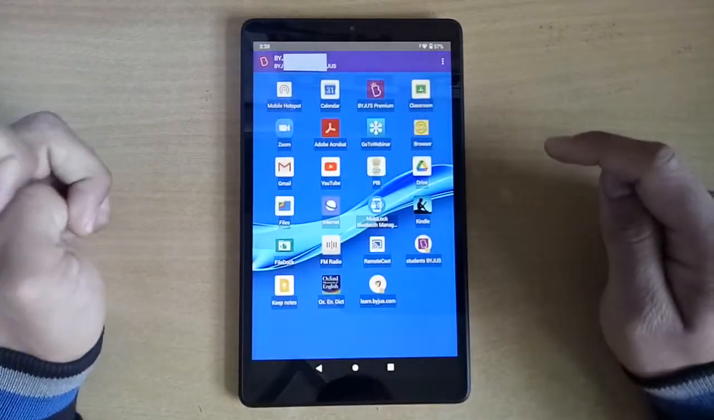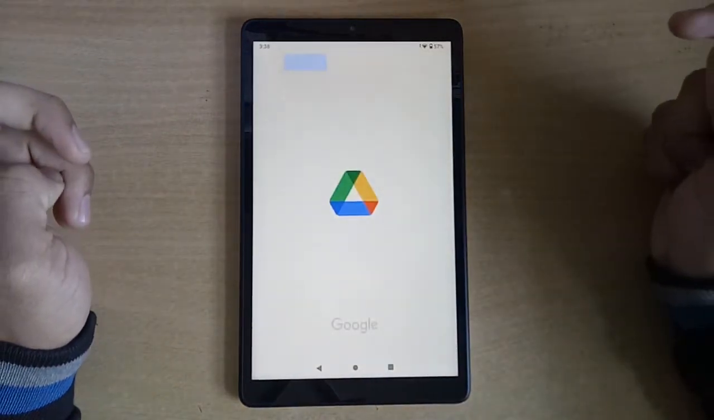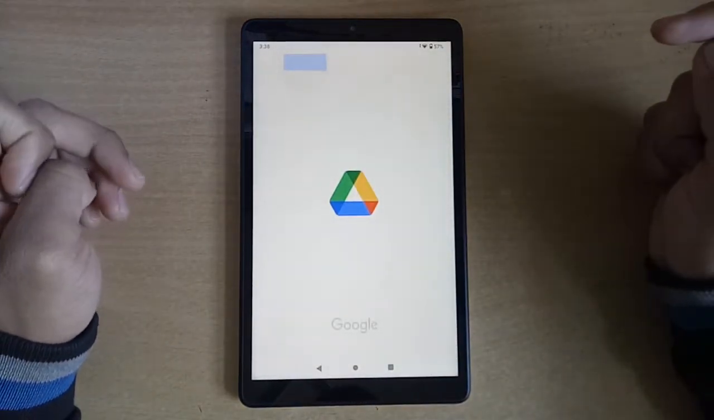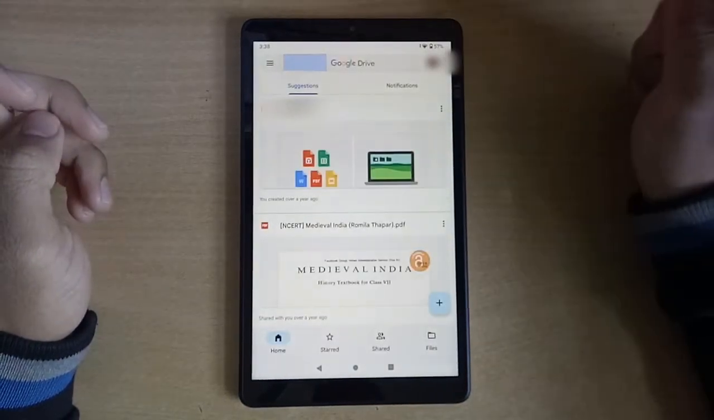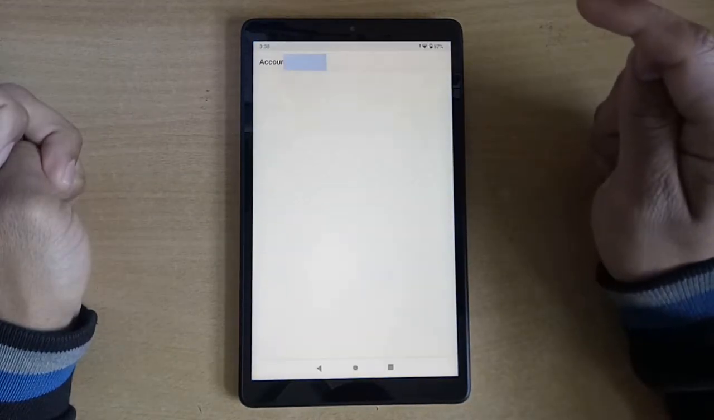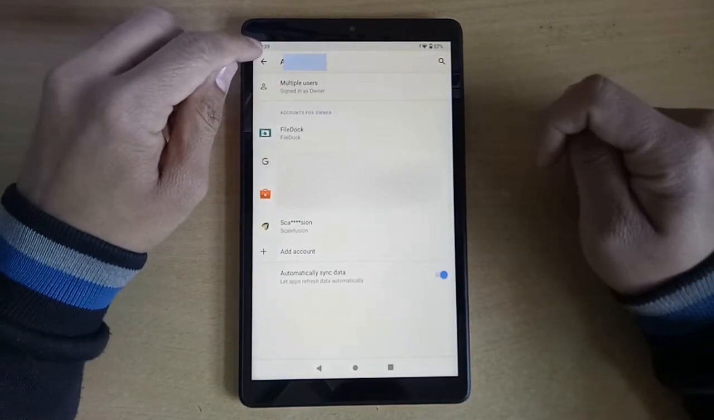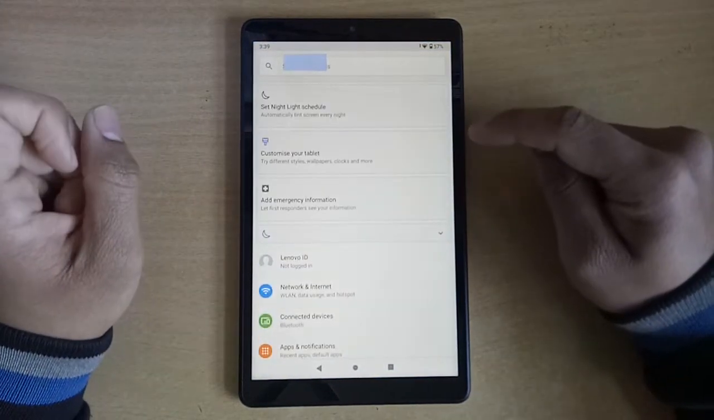Now the fifth way is open Drive. After opening the Drive, again you have to do the same process. Click on your account, and from here manage accounts on this device. Now click back from here. This is the fifth way to enter into settings. So